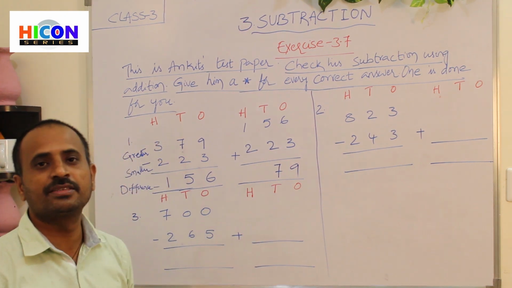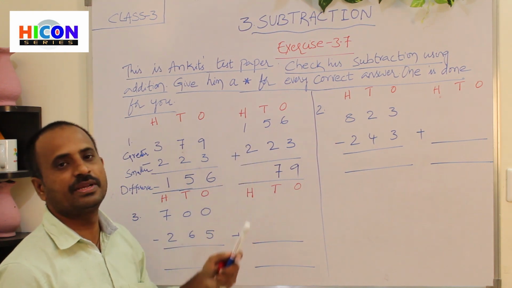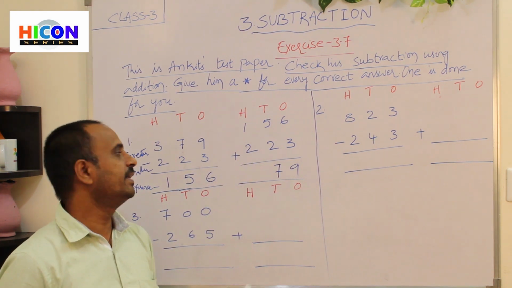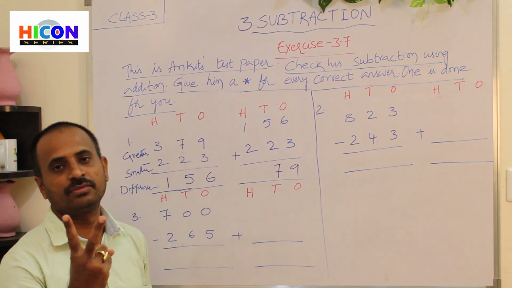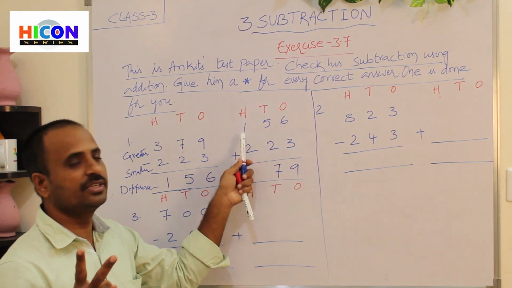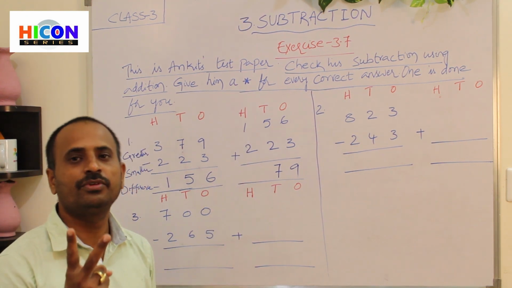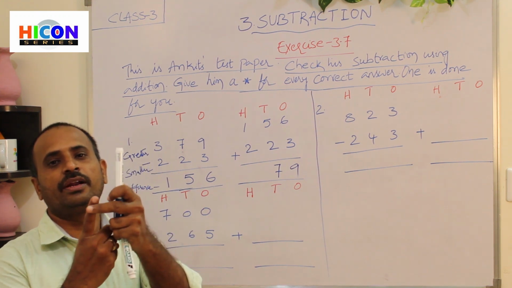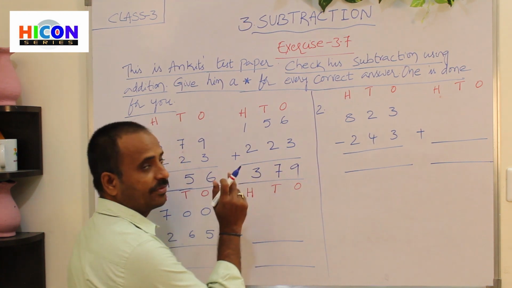Next go to hundreds place. So what are the digits present in hundreds place? 1 and 2 are present in hundreds place. So what is the second digit? 2. Open 2 fingers of your hand. 1, 2. And start counting from the first digit. What is the first digit here? 1. So after 1 we will get 2. So start counting from 2. That is 2 and 3. So write the answer 3.